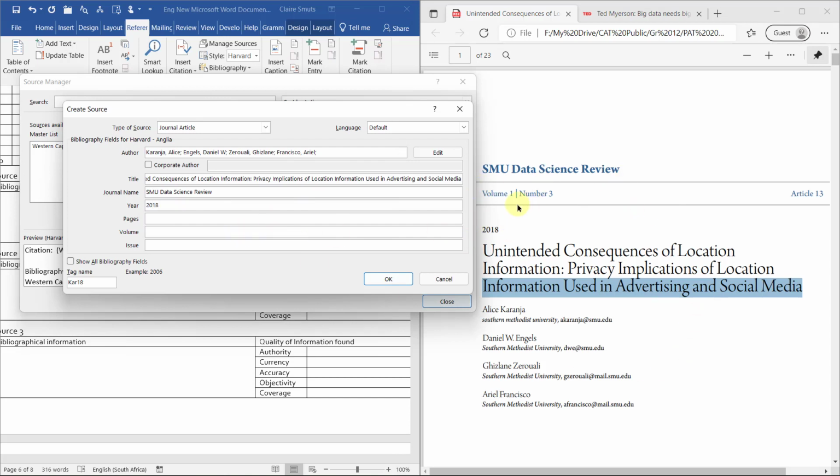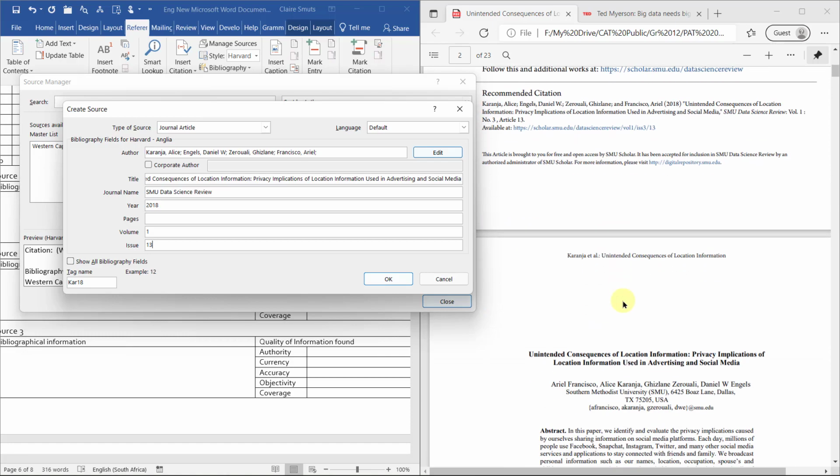I'll look for the pages now, but it shows me here the volume 1. But it shows here it must be in Roman numerals, but I'm just going to type it the way it is on the document itself. So volume 1 and issue, article, I think will be around about the same thing. So I'm going to call that 13. And pages,